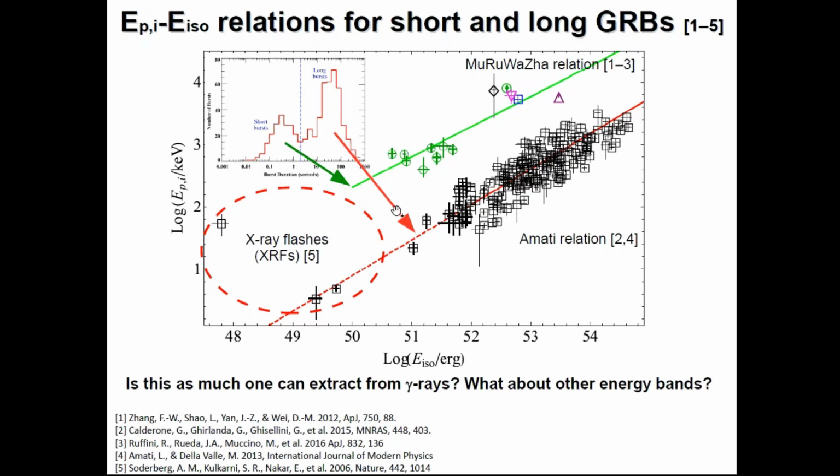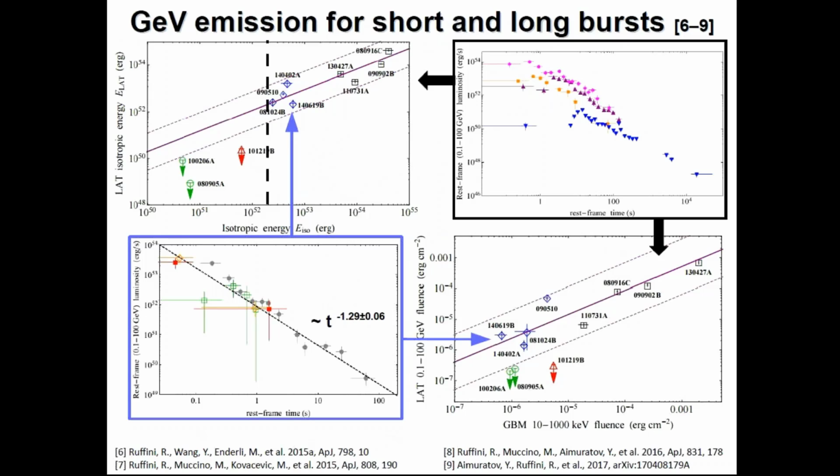So there were three different classes, and this classification was mainly based on information in gamma rays. But the question is what we can infer from other energy bands, for instance. And the answer can be the following. For example, let's consider the GeV emission, where GeV emission is the energy emitted by the source in the energy band 100 MeV to 100 GeV. As you can see here,